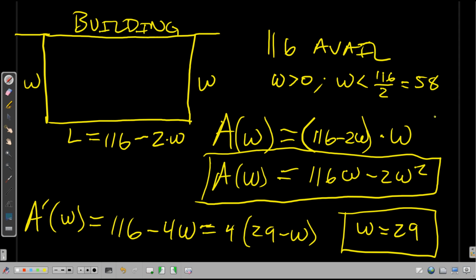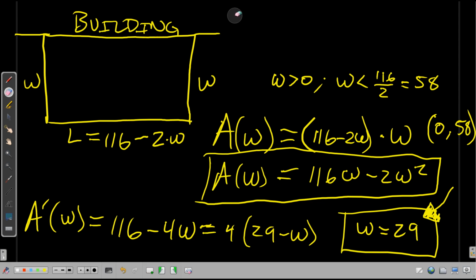So my domain here would be 0 to 58. It's actually not closed, so I wouldn't even be able to use my extreme value theorem. I just have that this is the maximum value, or this is where the maximum value occurs. Okay, so then they want me to enter in the